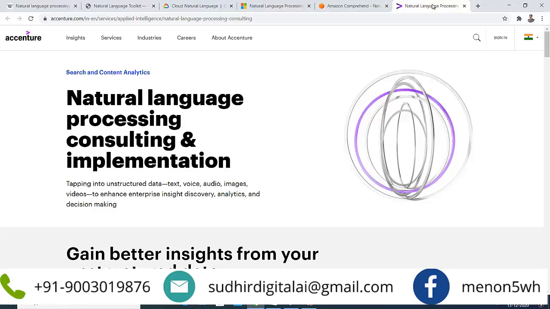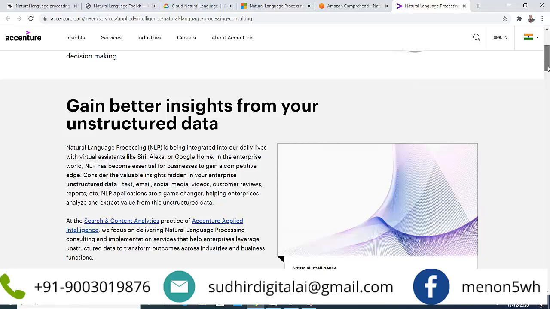So I'm just taking an example randomly with Accenture. You can really pick anything like PwC or EY. Whatever sites, it looks pretty similar, with some differentiation or USP based on the experience they have from the customer centers. Okay, so the way the Accenture site tells us publicly is natural language processing consulting and implementation is tapped into unstructured data, text, voice, audio, images, video to enhance enterprise insights, discovery, analytics, gain better insights